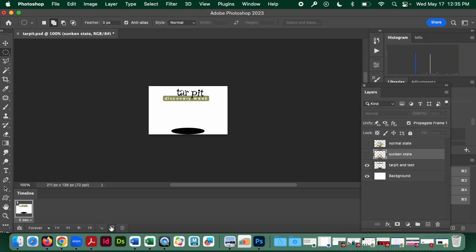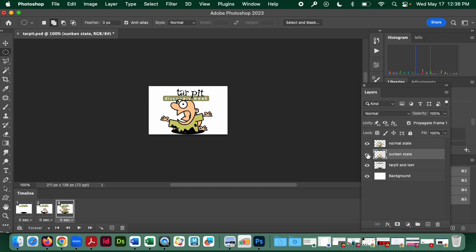I'm going to add a frame to my timeline. Is everybody with me with the tar pit open? Cool. I add a frame, and I make the sunken state visible. I add another frame, and I make the normal state visible, and I make the sunken state disappear by just turning the little eye in the layers, visible, invisible, right? So now I need to make the guy go back down. One quick and easy way to do it, because I can keep creating frames, or I can shift click the